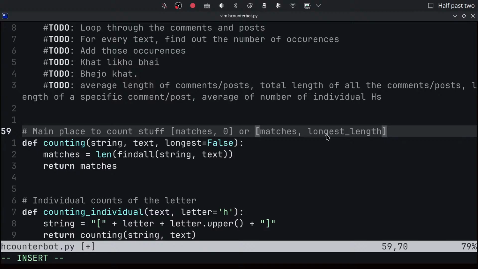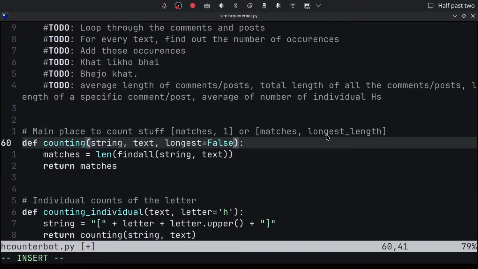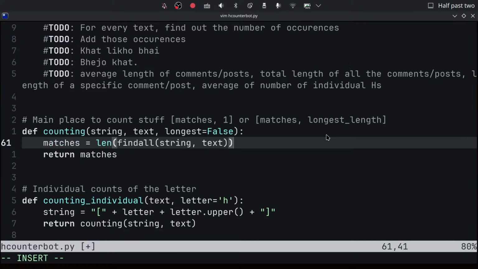Okay, now longest will be false. Now if the longest becomes true somehow,